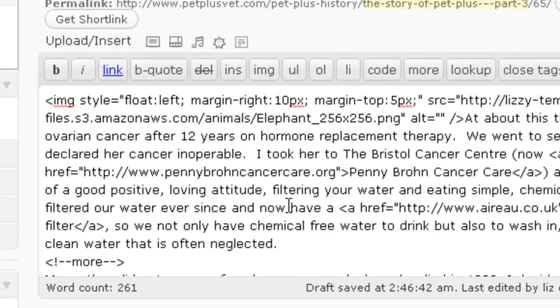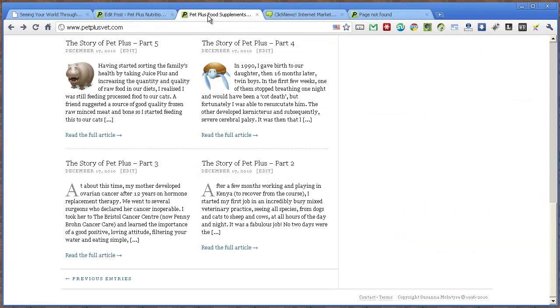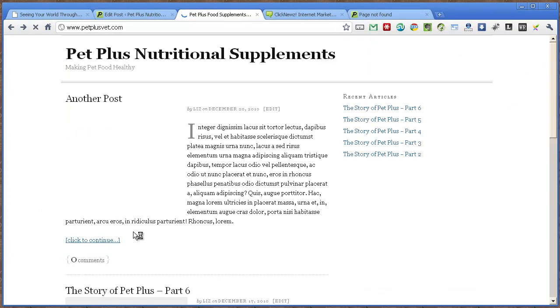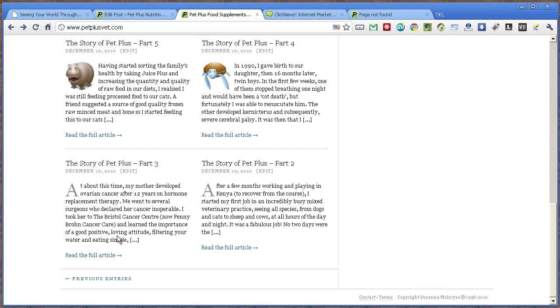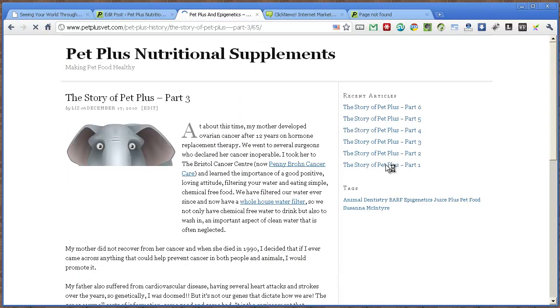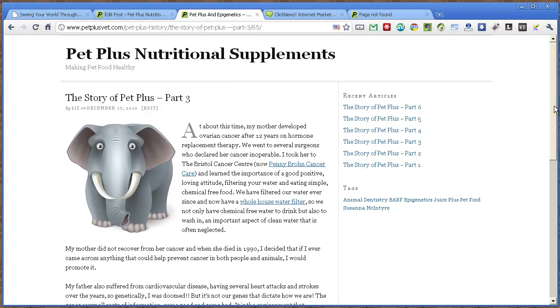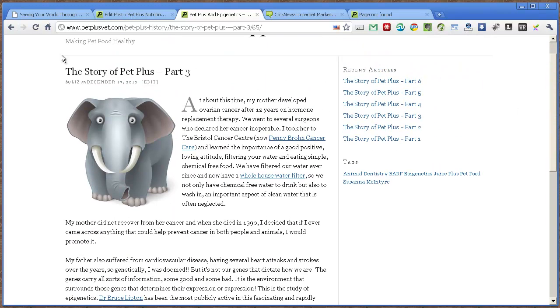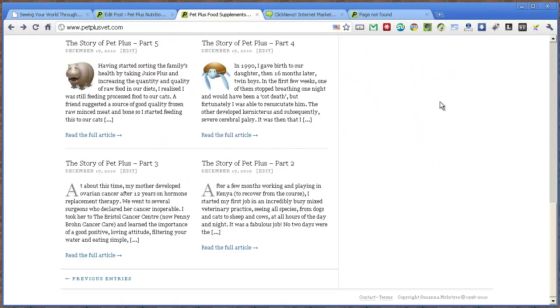So if I now update that and then go over to the home page, we should see that actually nothing has changed. There is no elephant here because this is still the teaser. We have to actually visit the real page, and there is my hand-placed elephant. But because I've hand-placed this elephant and not used Thesis's built-in methods based on the fact that you normally have